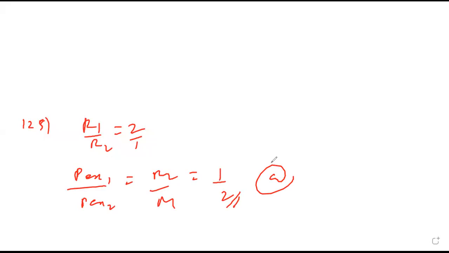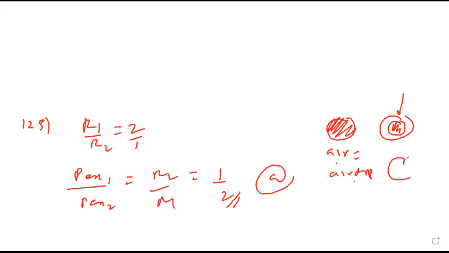Sir, what's the difference between a soap bubble and an air bubble? An air bubble will be filled by air. A soap bubble will have two layers of the soap film, and here the air will be filled, and here also it is in contact. So if it is an air bubble, it is the same as an air drop. Both are the same. Air bubble and air drop are the same, but a liquid drop means it is completely filled with liquid. A bubble is partially filled with liquid. Only this much is there.